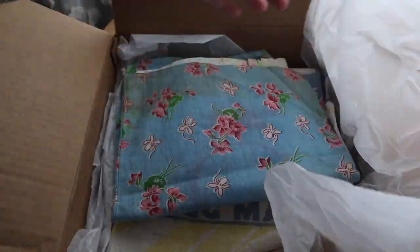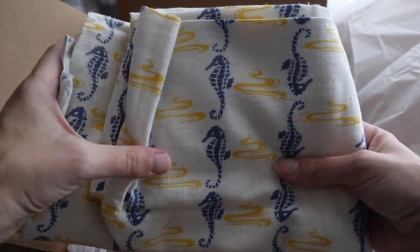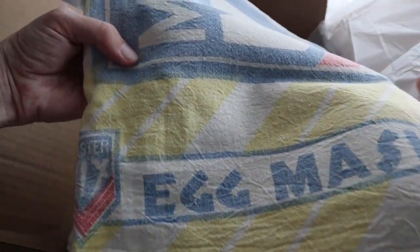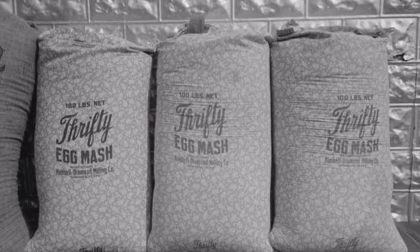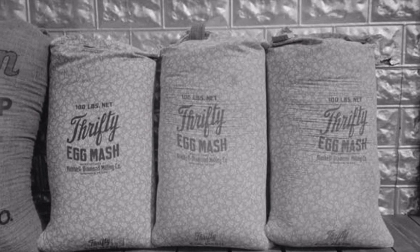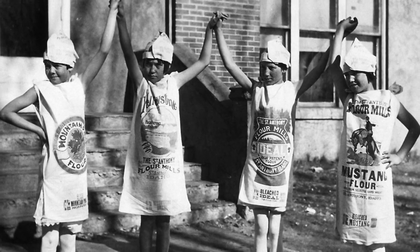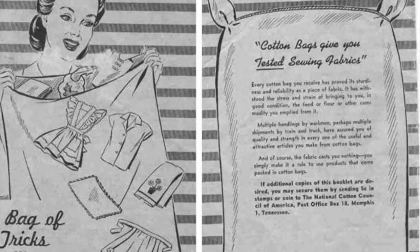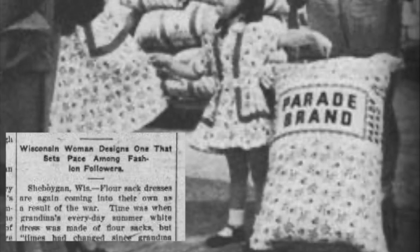This week we're working on a feed sack garment, and I wanted to go into a little bit of history before we started on the sewing portion of this project. The use of feed sacks rather than barrels for transportation of certain goods began as early as the 1850s. And while I'm sure families reused these textiles around the house, the idea to use the fabric from these bags and make them into fashionable clothing rose in popularity during the Great Depression and up until the end of World War II. During these times, companies quickly caught on to this rising trend and started prioritizing prints on their bags